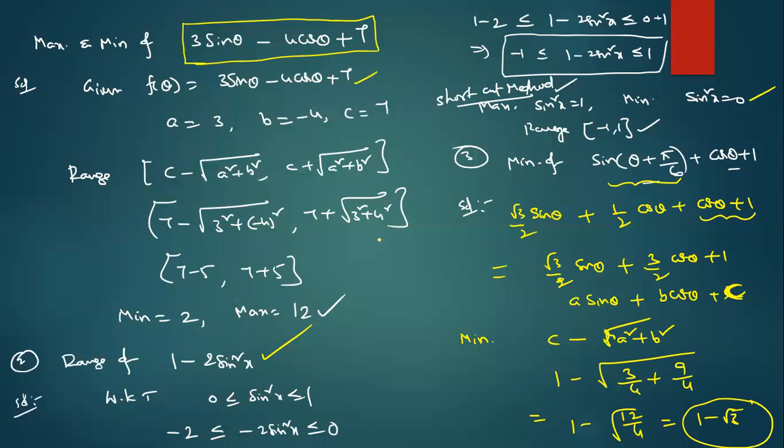But see, these types of problems are very important. Question number 3, you can expect in the coming examination, minimum or maximum, anything: sine of theta plus pi by 6 plus cos theta plus 1. But here angles are not equal. So see, in this case, angles must be the same, then only apply this formula. So minimum is c minus root over a square plus b square, after expanding sine of a plus b. Fine. Maximum is,